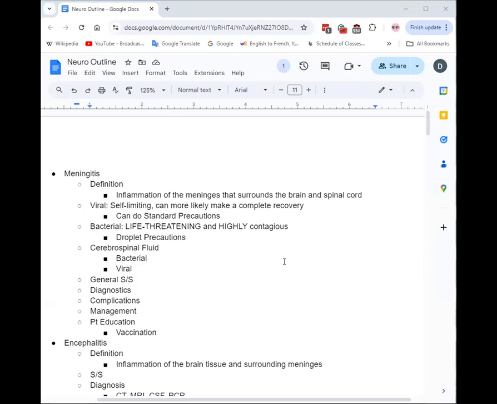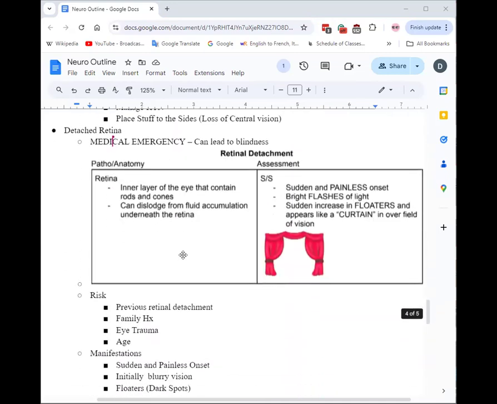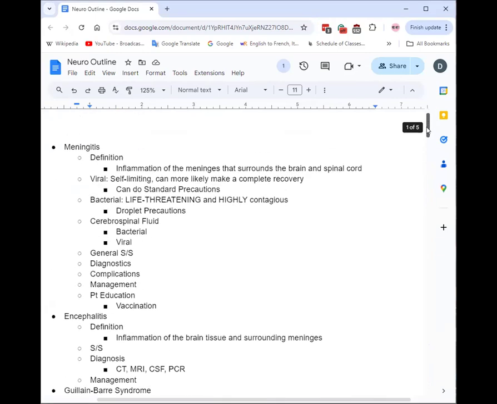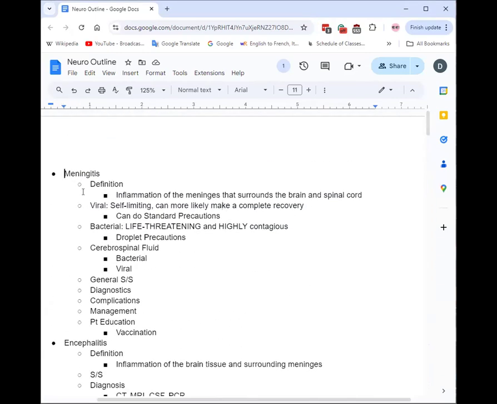So this whole brain, eyes, all that stuff. Some of this I kind of just filled out and we're just going to talk through it. But I want to get through the most important parts. I think some of the most important stuff here is definitely going to be your meningitis, so we're going to go into a bit more detail with that.